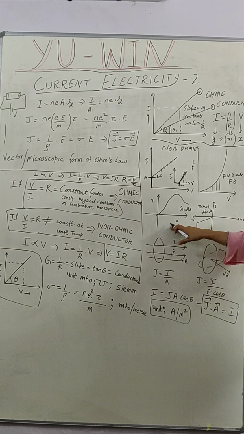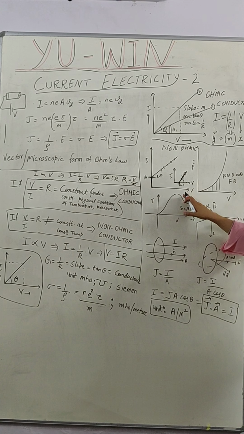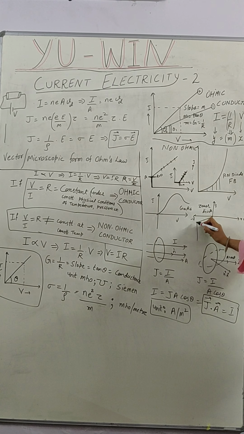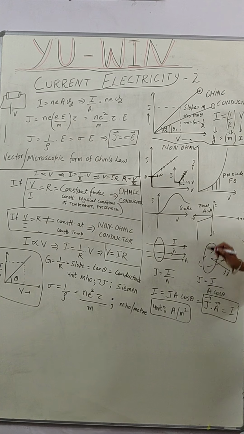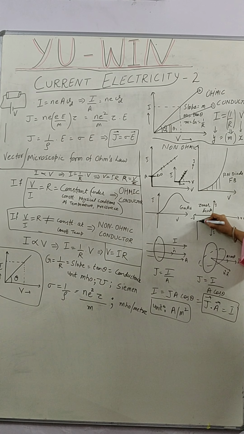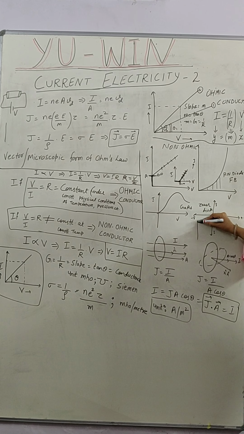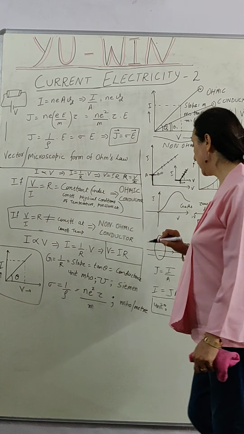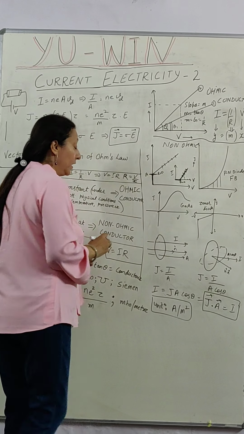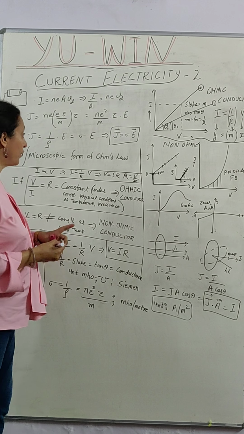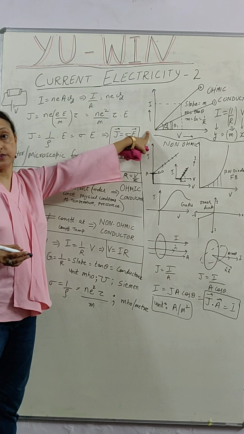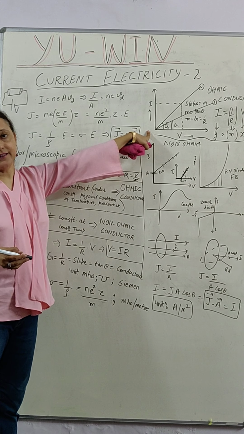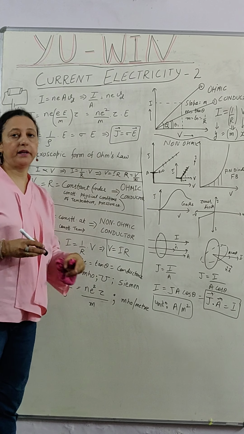This is gallium arsenide. The resistance at all the points is different. This is the Zener diode. The resistance at all the points is different. You can see at this particular point we have not changed the voltage but the current has changed abruptly. So this is a Zener diode which works as a voltage regulator in your UPS and everywhere. Except for this graph, a straight line passing through the origin, any other graph will represent the non-ohmic conductor.